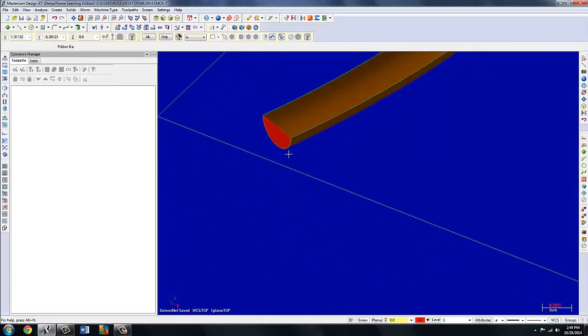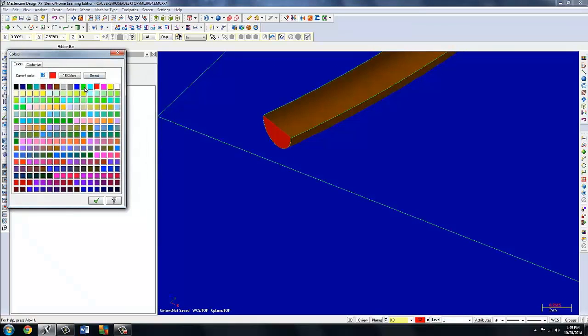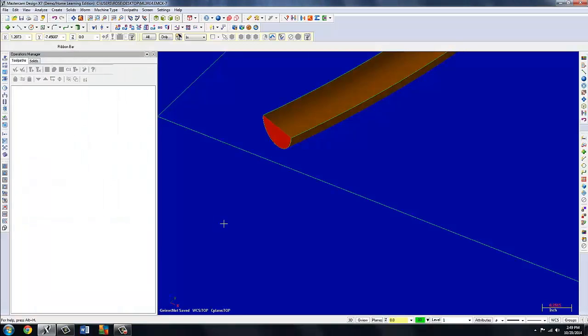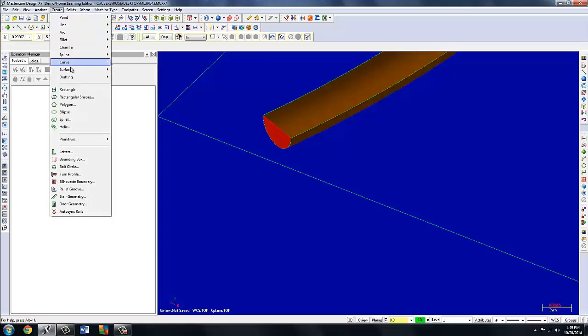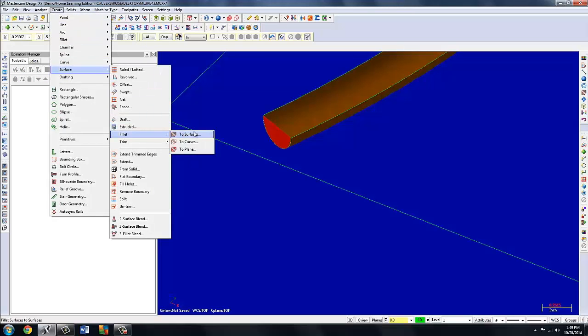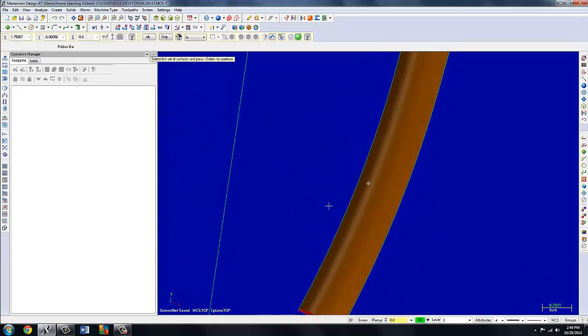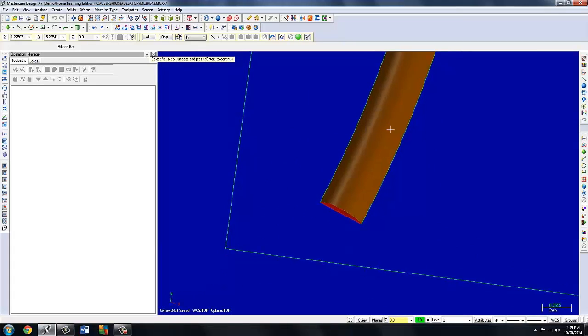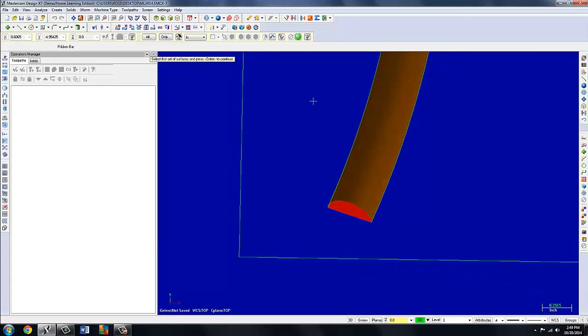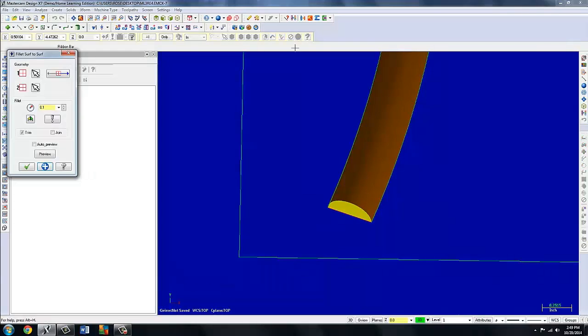Now I'm going to put a fillet in there. Back to my fillet green. This fillet is 0.0325, a little more than a 32nd. I'm not sure why they came up with that number. Nevertheless, we're going to create another fillet surface, so we go to surface, fillet, 2 surfaces. I'm going to try to get inside of this thing. Which one to pick first? I'm going to try to pick the sweep first, just to see what happens. End selection, second set of surfaces, I'll click the flat boundary. End selection, my radius is